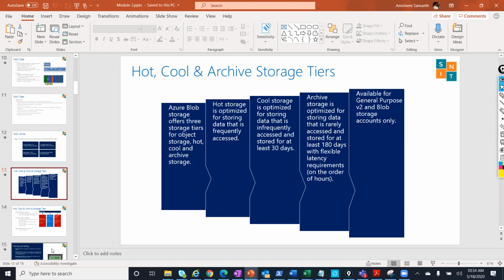So when you compare that with the hot storage, it is for when you have an application machine or a web machine where the IOs are randomly written and randomly read, right? So there'll be a lot of changes, a lot of data written to the disk, a lot of changes happening to the disk, and then there'll be a lot of web requests coming in. At that time, you have to fetch the data very quickly,